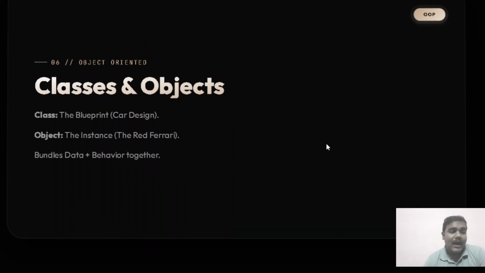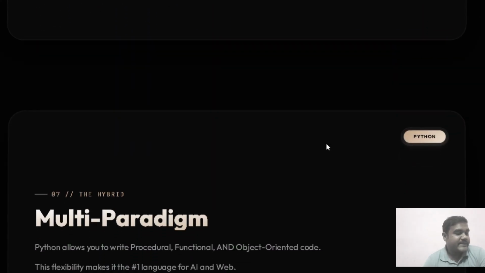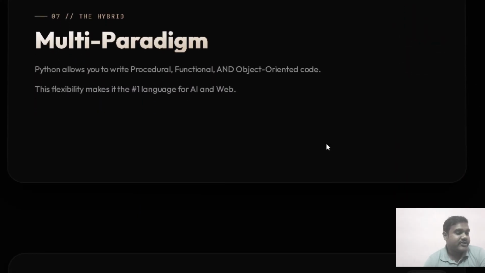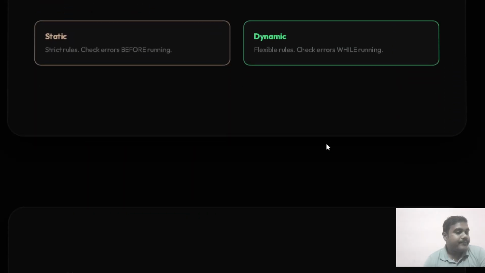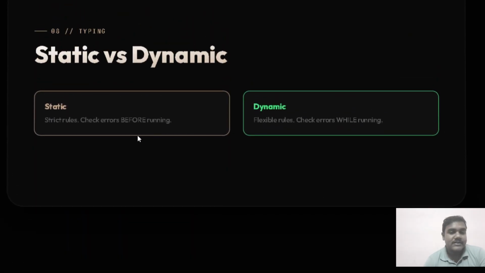These are kind of complex parts to explain right now, so I will cover this in future videos. And okay, here comes the next part which I want to talk about. There are two types of programming: static programming and dynamic programming. If I talk about dynamic programming, the examples will be Python, JavaScript and so on. If I talk about static programming, the examples will be C, C++, Java.